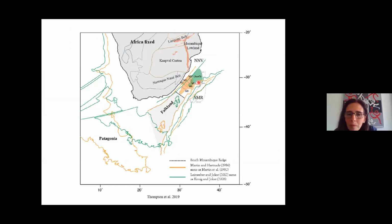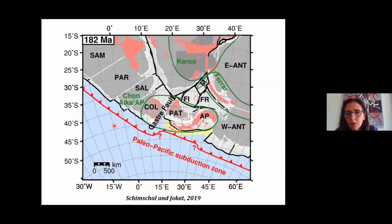So in order to put the Falklands here, you really need to disrupt South America in this fault. And there is not such evidence in the continent, like the evidence I talked about before, cataclasites. There is not such evidence for this large displacement here. So it's very